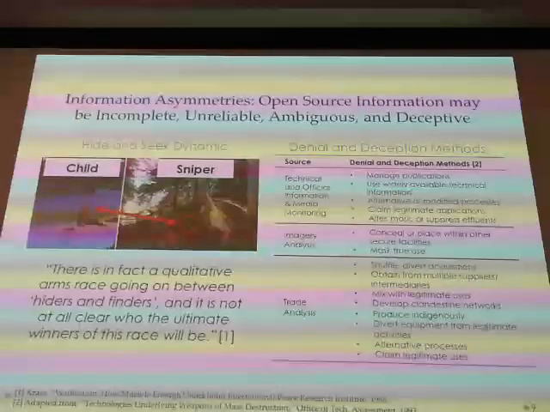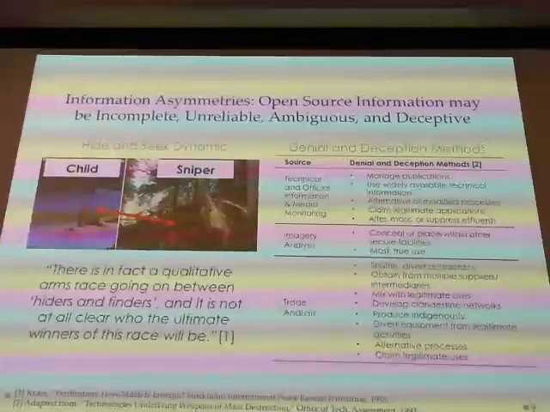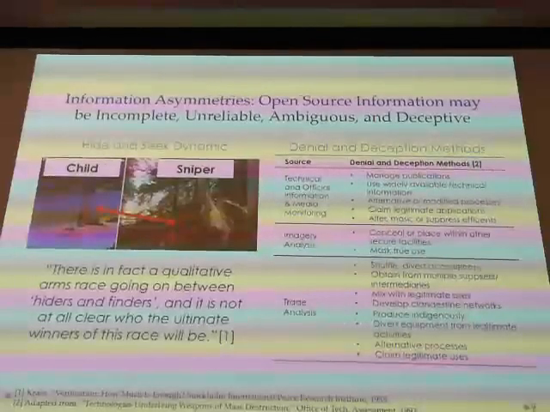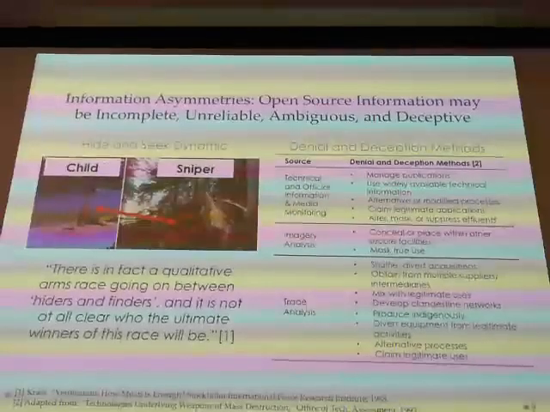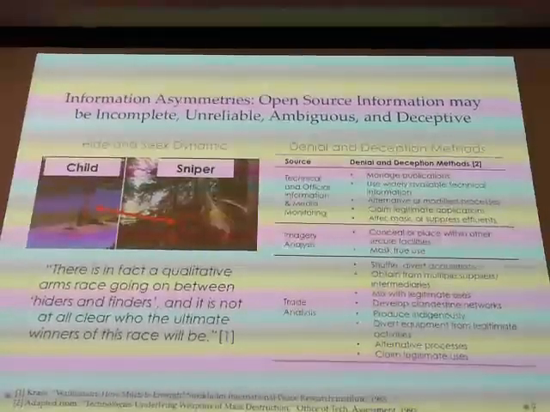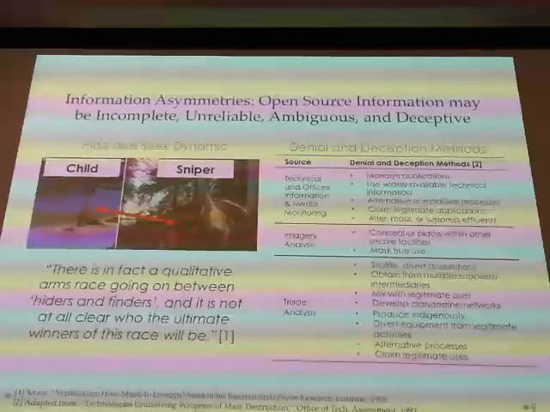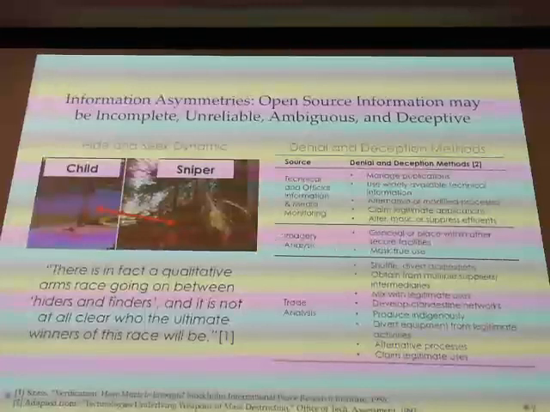So the first part, information uncertainties. Here, I think the first thing everyone needs to consider when doing this analysis is that there will always be information asymmetries between the state and the IEA, the inspectorate, that is. The state will always know more about its own capabilities. That's obvious. The problem is, we have to consider the hide and seek dynamic between the inspector and the state,